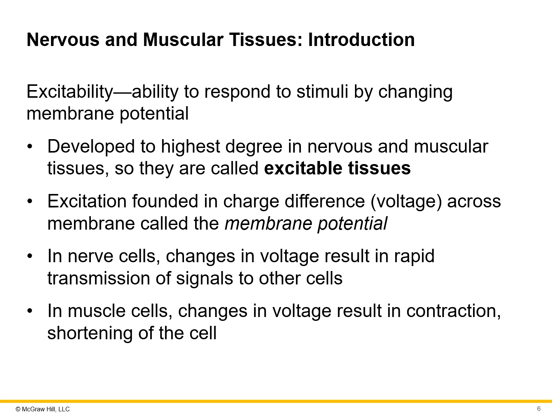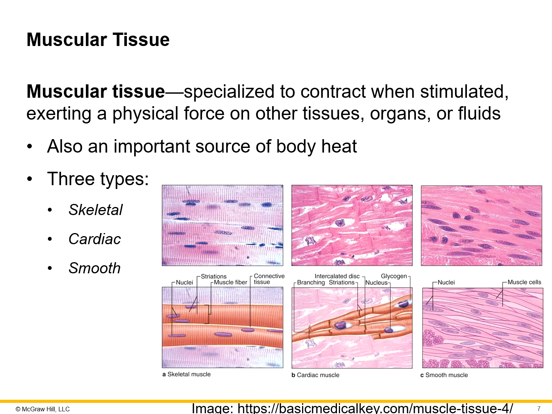In muscle cells, that change in voltage, so a change in the cell membrane potential, causes the muscles to contract or shorten in length. So in muscle cells, we have a result in a contraction. Muscular tissue is specialized to contract when it is stimulated. So when that stimulus happens,